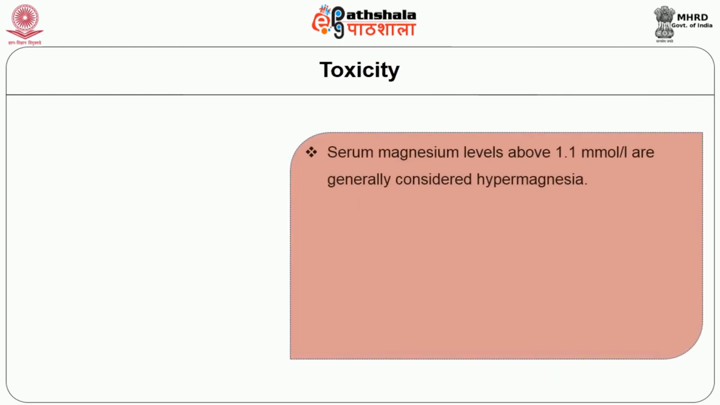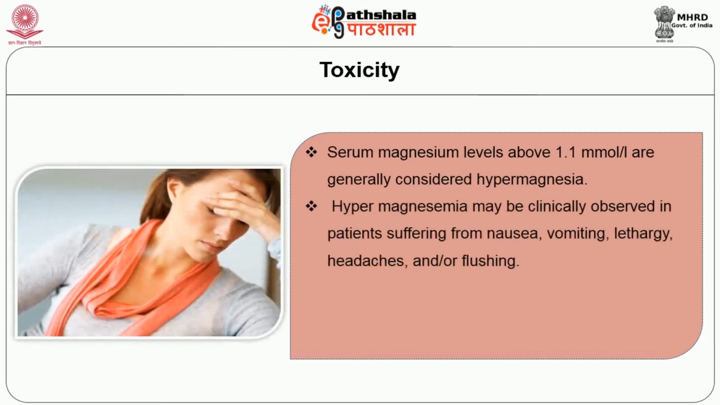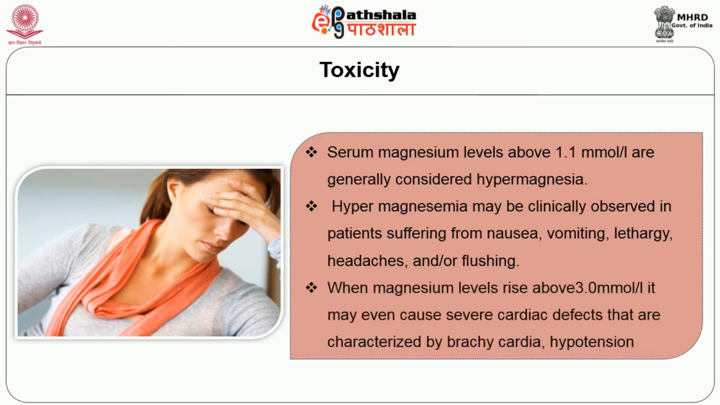Toxicity of magnesium. Serum magnesium levels above 1.1 millimole per liter are generally considered hypermagnesemia. Hypermagnesemia may be clinically observed in patients suffering from nausea, vomiting, lethargy, headaches, or flushing. When magnesium levels rise to 3.0 millimoles per liter, it may even cause severe cardiac defects that are characterized by